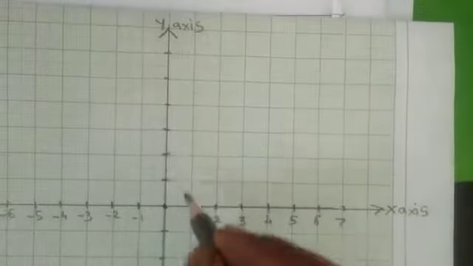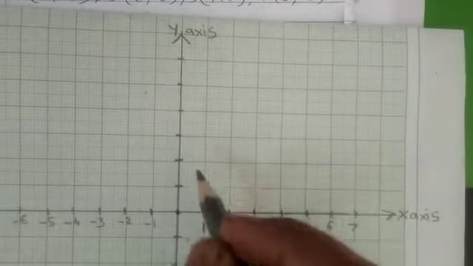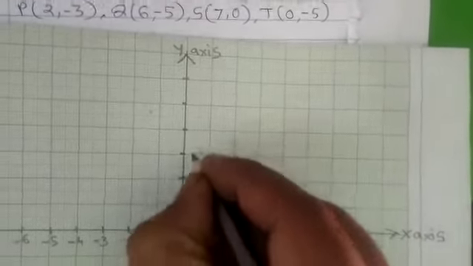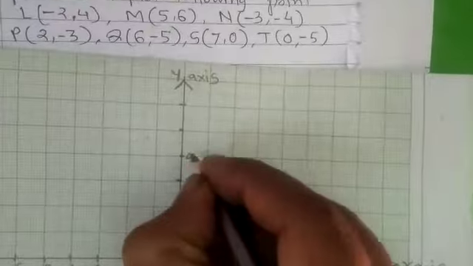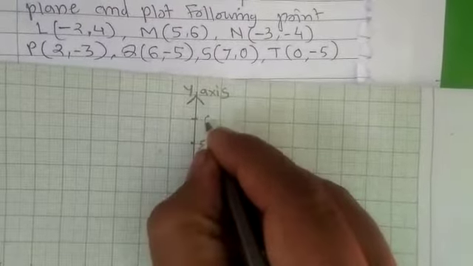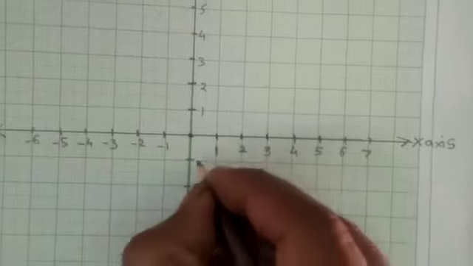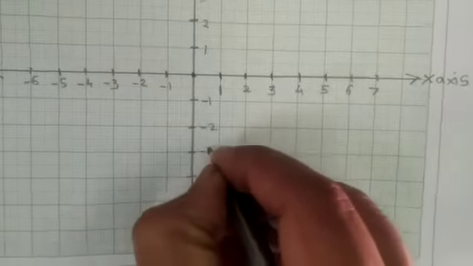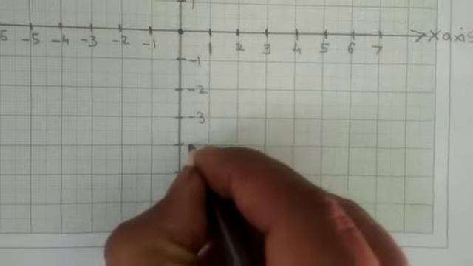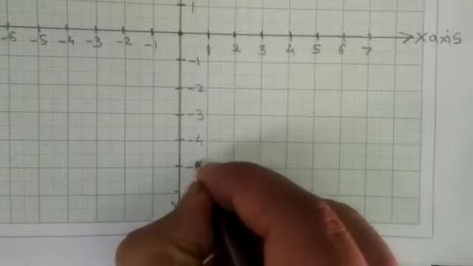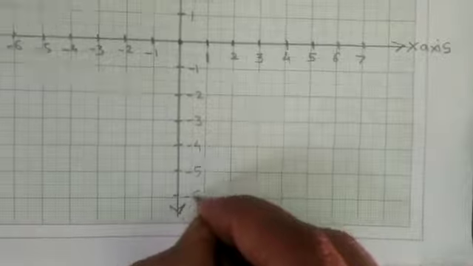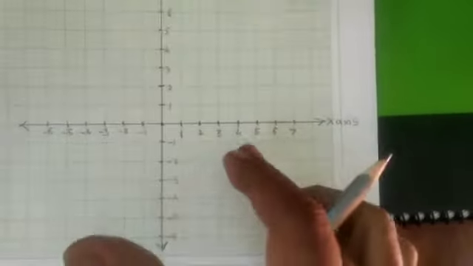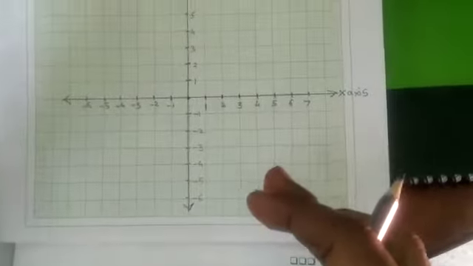Now we take the y-axis. On the upper part of the y-axis there are positive numbers: 1, 2, 3, 4, 5, 6. And the lower part has negative numbers: minus 1, minus 2, minus 3, minus 4, minus 5, minus 6. Okay. Now you want to make such type of format of 3 to 4